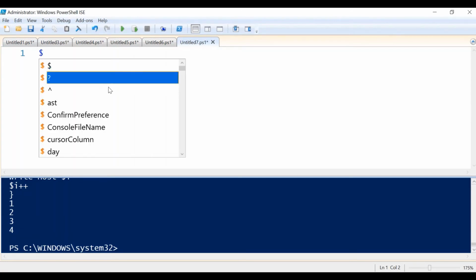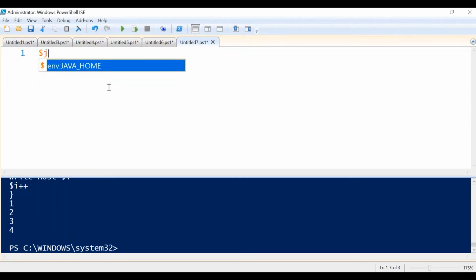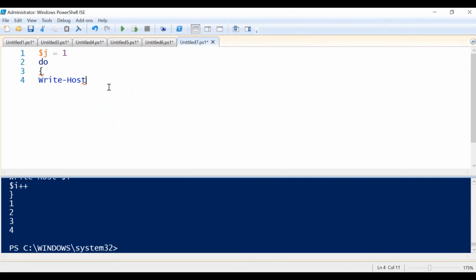Now next is the do while loop. We'll print the same values of the variable using a do while loop. So I'll create one variable j and assign it the value 1. Start with the do keyword. We'll write host variable j.